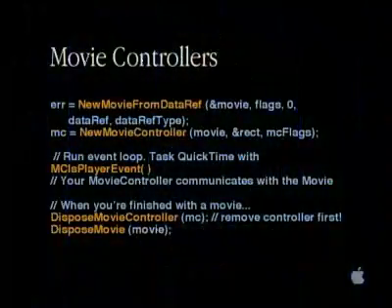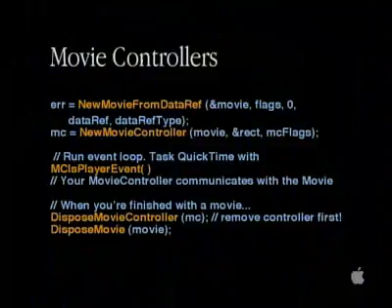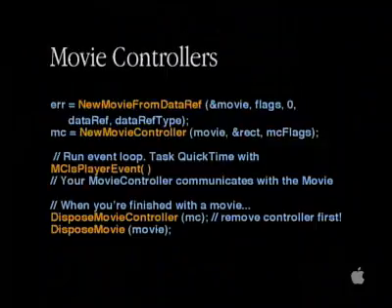So movie controllers: once you have opened your movie, for instance using NewMovieFromDataRef, you attach a new movie controller to it using NewMovieController, and then you can run your event loop. There's a special call called MCIsPlayerEvent. If you're used to the old WaitNextEvent-based application loop, then you're used to having some big switch statement where you handle events. Well, all you have to do is plug in MCIsPlayerEvent before you handle